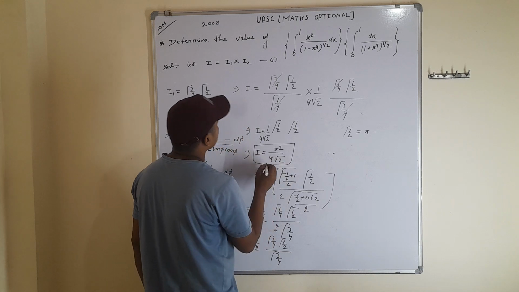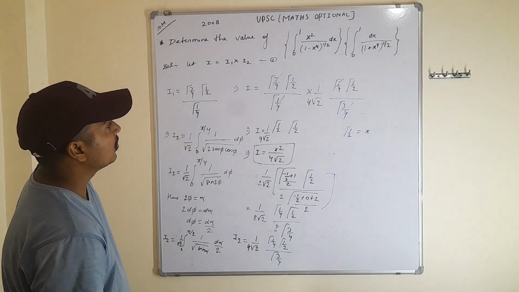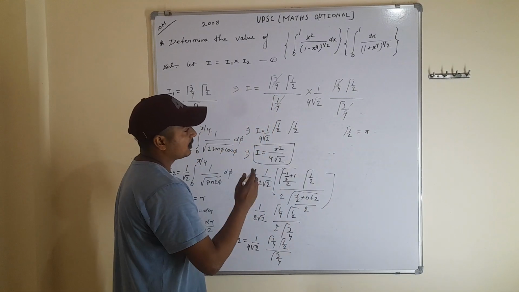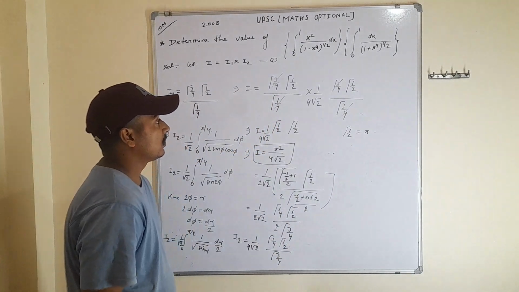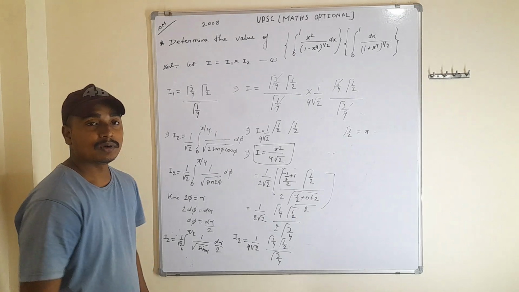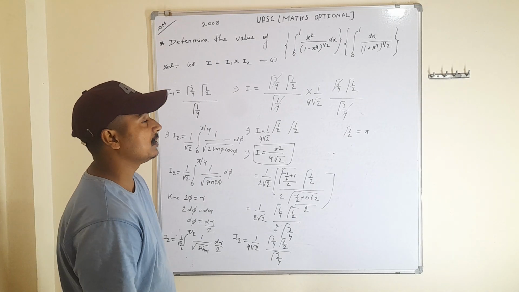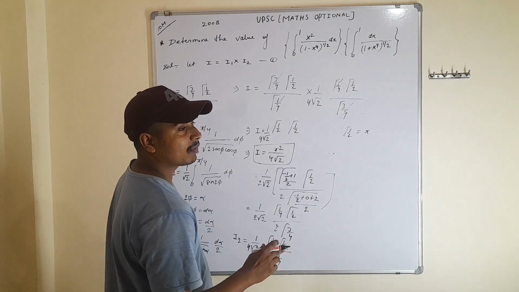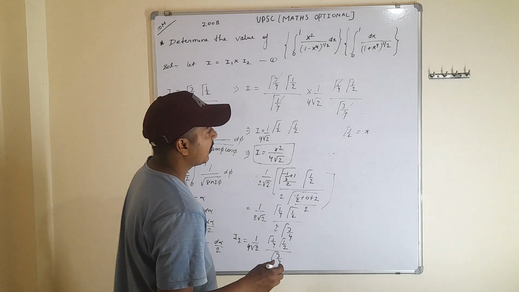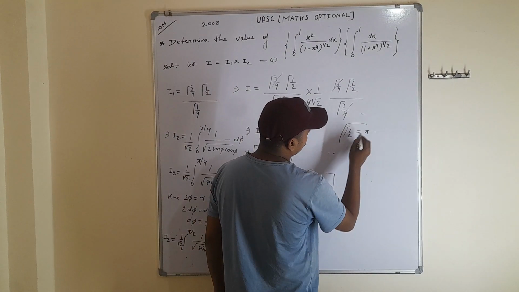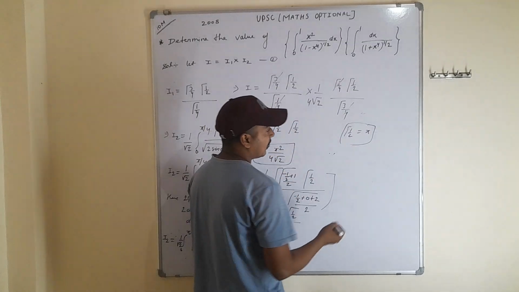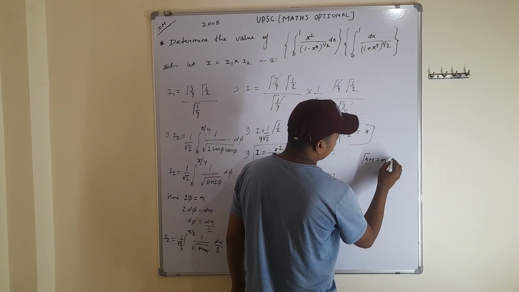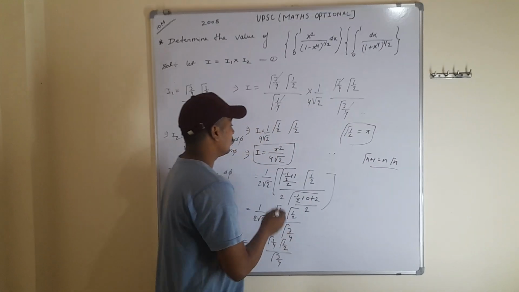This is the required solution of the given integral with the help of beta and gamma function. In the above solution, we have used three formulas. First, integral 0 to pi by 2 sin p theta cos q theta d theta is equal to gamma p plus 1 by 2 and gamma q plus 1 by 2 upon 2 gamma p plus q plus 2 by 2. Another formula is gamma 1 by 2 is equal to root pi, and one more formula used, that is gamma n plus 1 is equal to n gamma n. This is the required solution of the given integral.